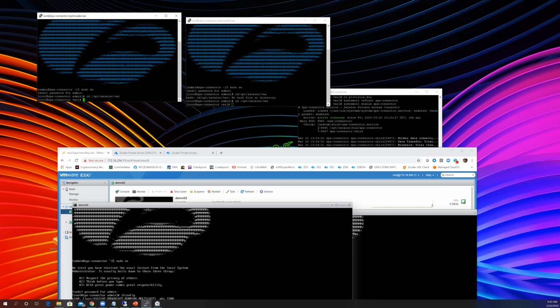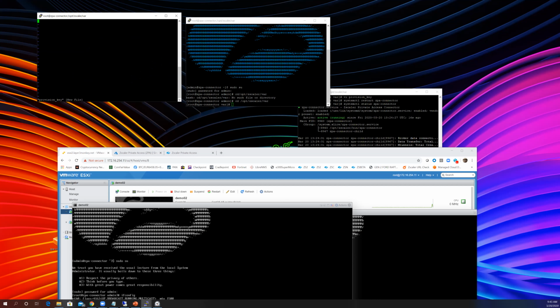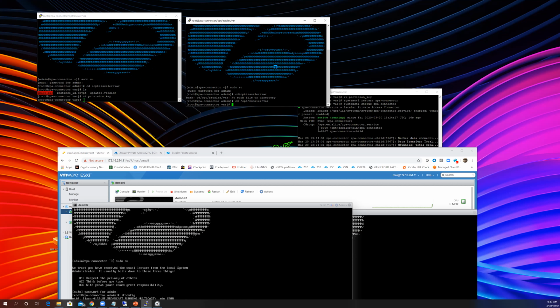All right, here I'm going to create a file that's called provision_key. I'm going to insert, and I'm going to paste that key I just copied, escape, write quit, and the same thing here, vi provision_key,